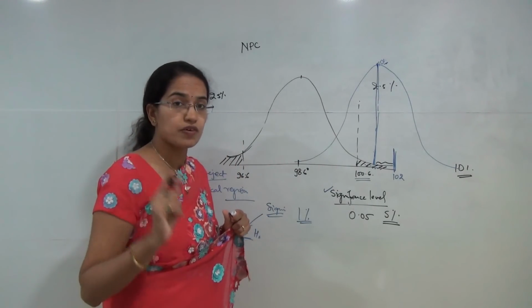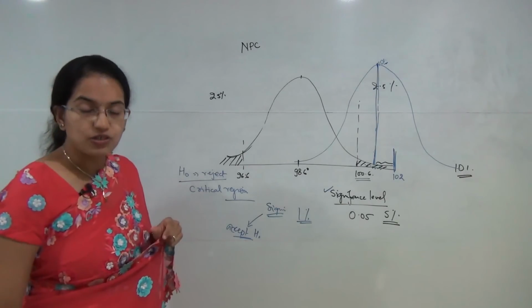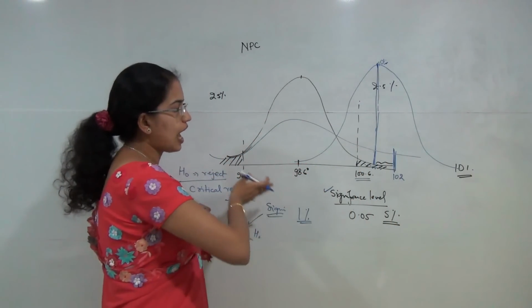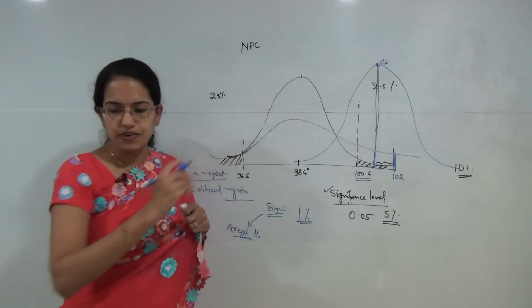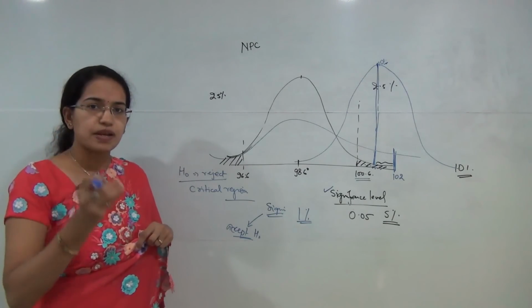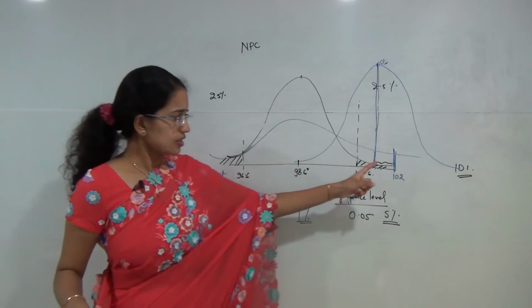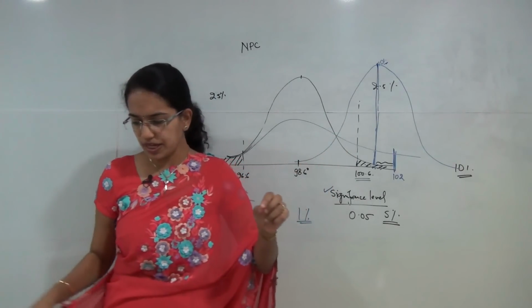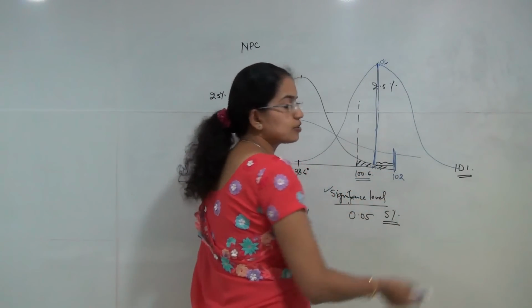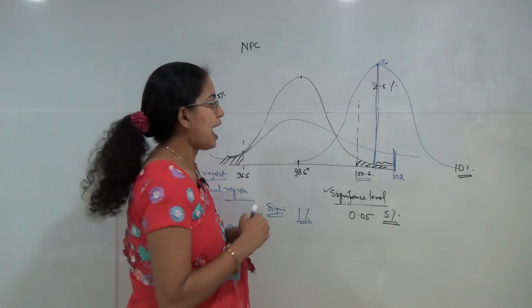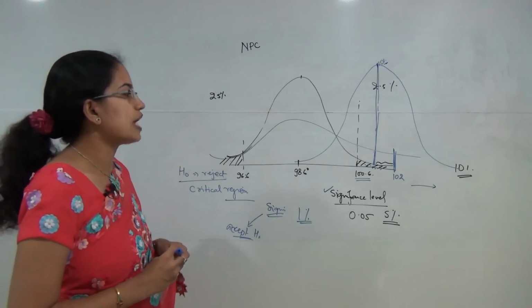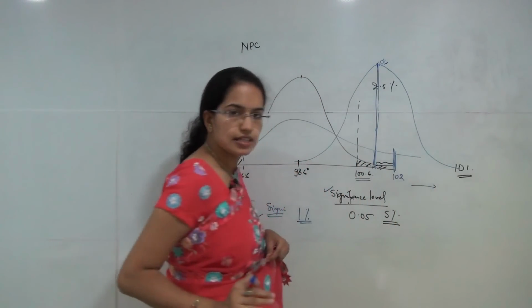I have no difference. However, in case I have a value that deviates here, so I have a smaller p-region, let's say this, then as I move away this side, the null hypothesis would be explained only by mistake, and therefore the probability of the extreme data would be very, very less. So again my p-values would be very, very close to 0. As I move here, I would say you are rejecting the null hypothesis under a p-value. That would be the p-region, and you would be rejecting the null hypothesis.